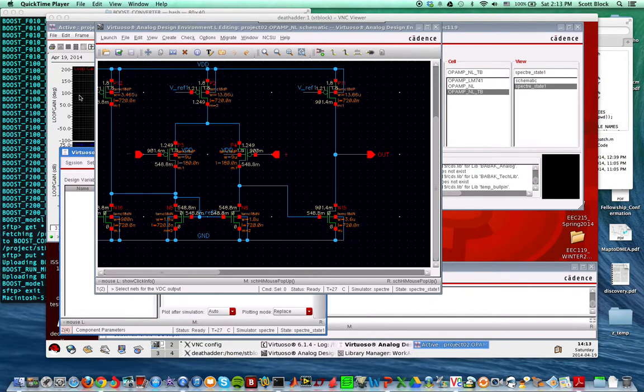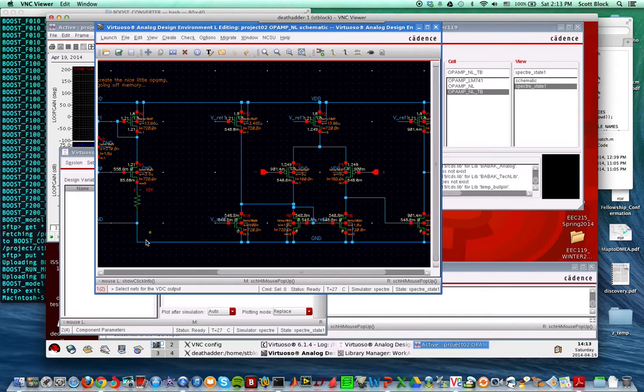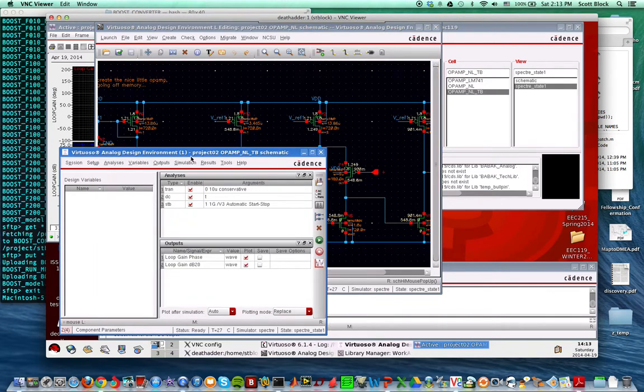Hello, I have an additional addendum to my last video that I made. So in the last video, I showed you guys this is an op-amp, this is a band gap reference, and this guy here to the left is just to balance the voltages at the two drains of my input pair. So if I run the simulation really quickly,